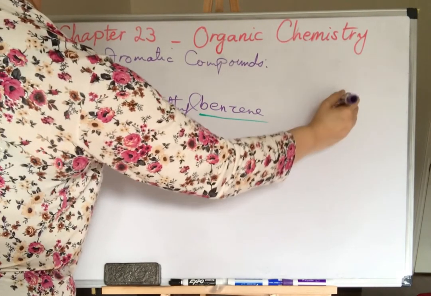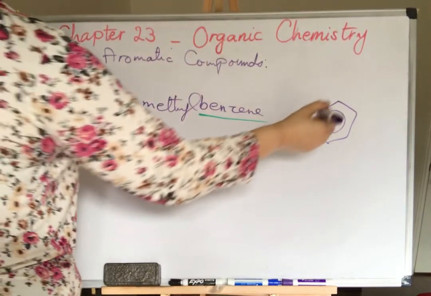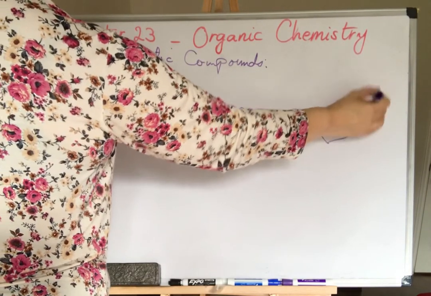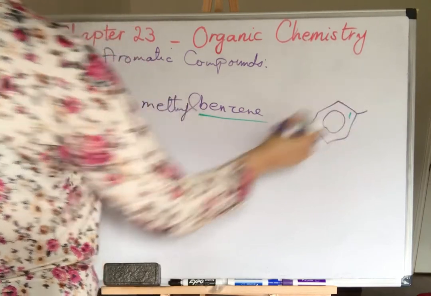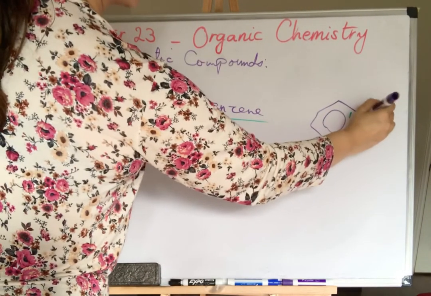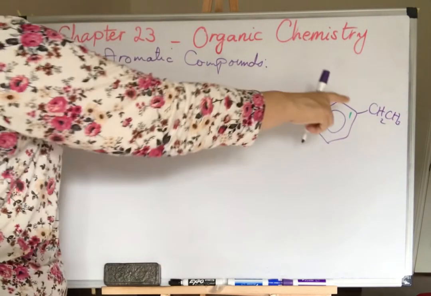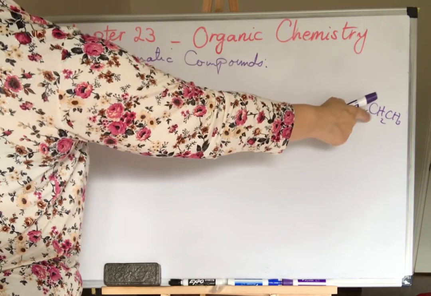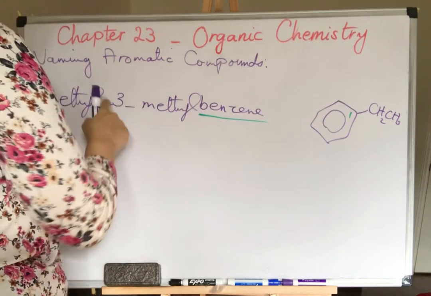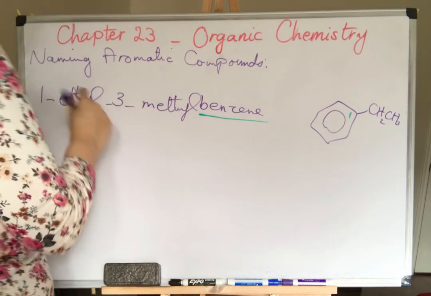Draw a benzene and call one of the carbons, carbon number 1. What do you have on number 1? An ethyl group. You should have memorized the ethyl group, CH2, CH3. We said ethyl is connected from the CH2 part, right? And then a methyl group